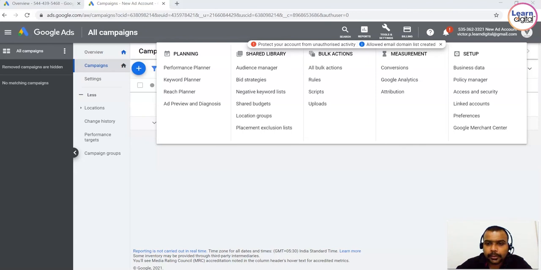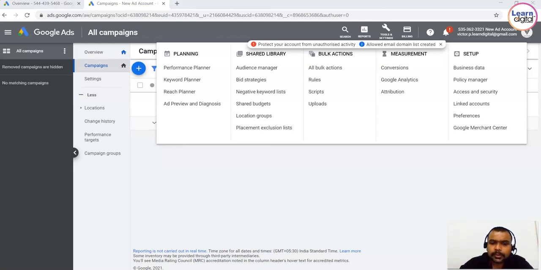Then we have attribution. Attribution model lets you choose how much credit each ad interaction gets for your conversion. So attribution model can give you a better understanding of how your ad performs and can help you optimize across the conversion journey.